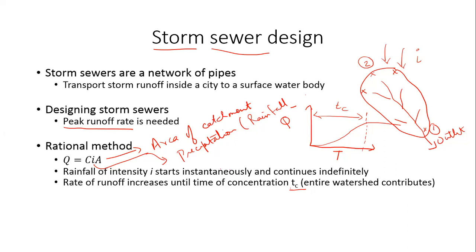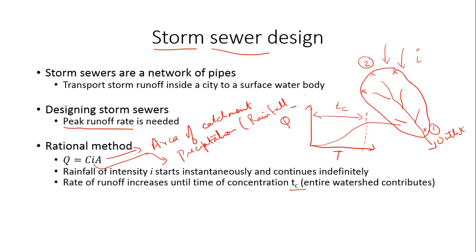Why does it remain steady? Until time of concentration, this runoff rate keeps increasing. Once it reaches that, it remains steady, I'm saying. Why? Because all the channels were merged into the single. Yeah. So every channel get. Yeah. So at time t greater than or equal to tc, the entire watershed is contributing runoff that is coming out at the outlet.